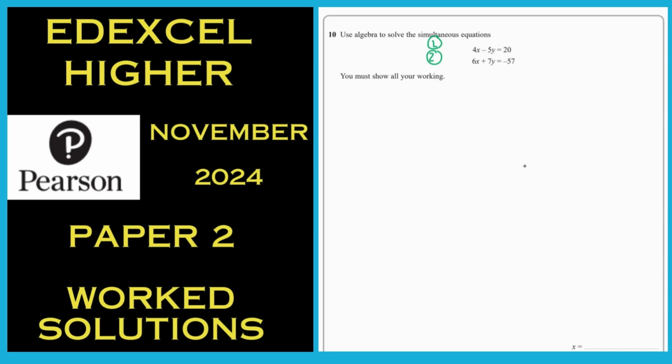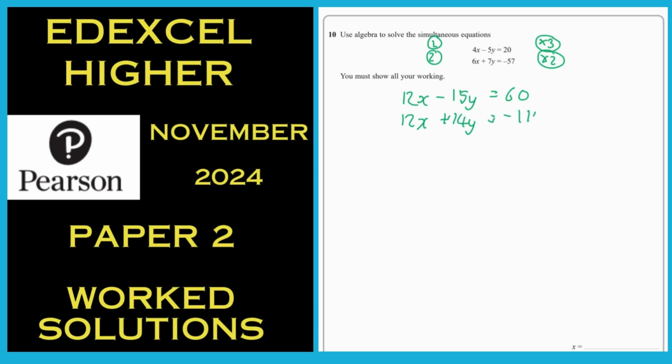I prefer to go for as small numbers as possible, so I'm going to treble the top equation, double the bottom equation, and then I'm going to see that I've got 12 x's in both. Let's go across the top, treble everything, minus 15y and 60. Doubling the bottom, also 12x, positive 14y,